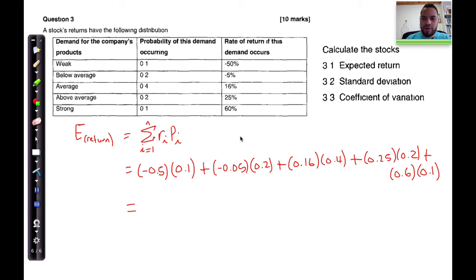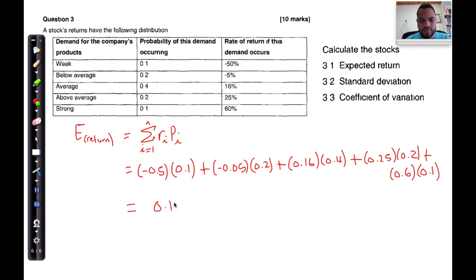Remember to put these in brackets exactly the way, if you're using a fancy calculator, exactly the way that I've written it out. Right, and that should give you